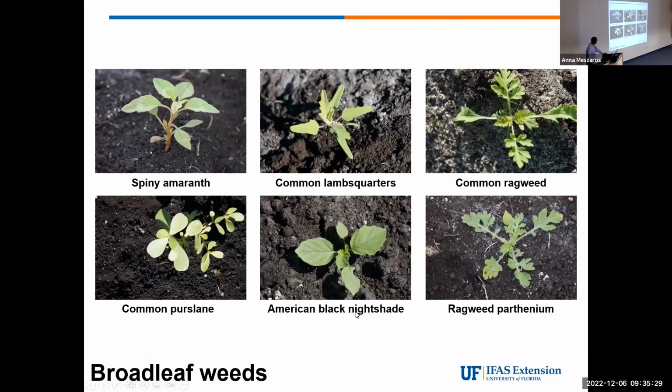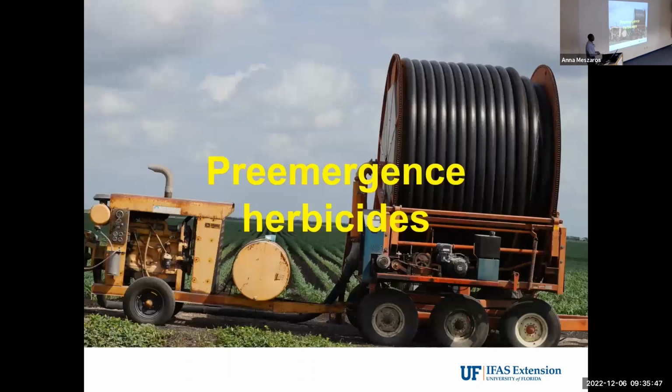And then we do have American black nightshade and ragweed parthenium that you mostly see along field edges, but over time I've started seeing a lot of it creeping into fields. So those, in brief, are some of the common weed species that you will find associated with the sweet corn crop in our area. So in terms of management,